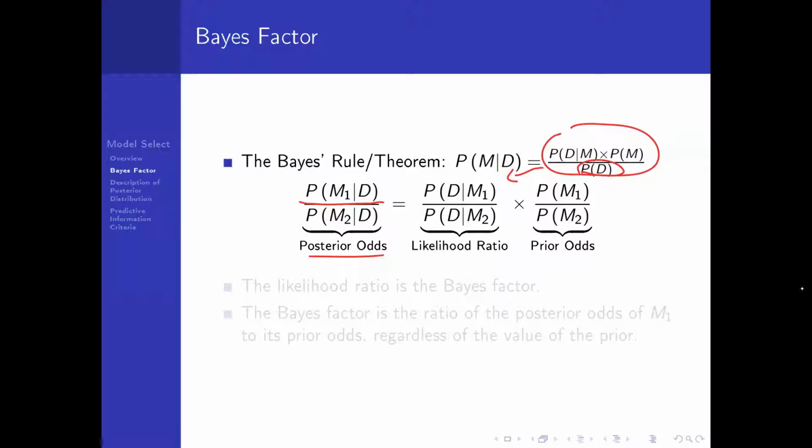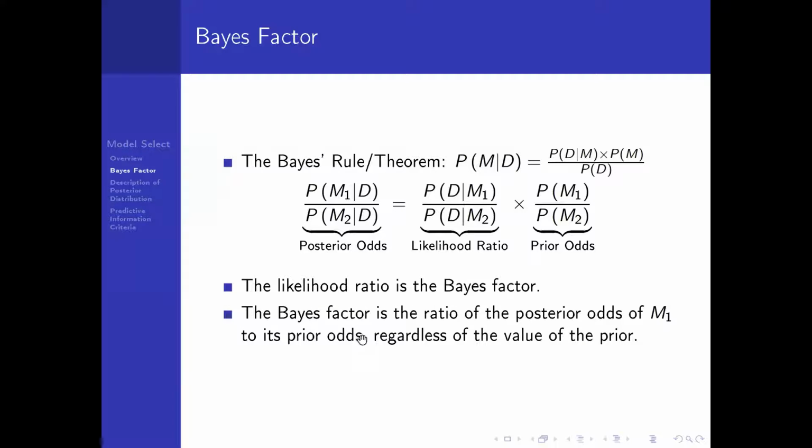And after simple rearrangement, we will get two terms or two ratios on the right. First is the likelihood ratio, and then is the prior ratio, prior odds, right? And the likelihood ratio is the Bayes factor, a quantity of interest for us to compute. And the Bayes factor is,